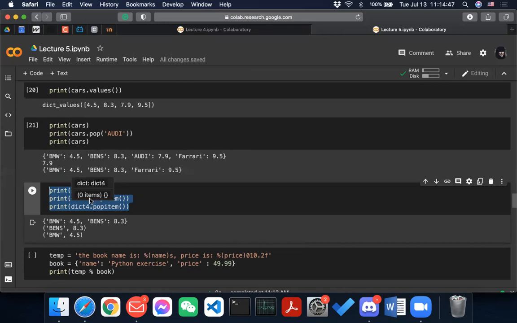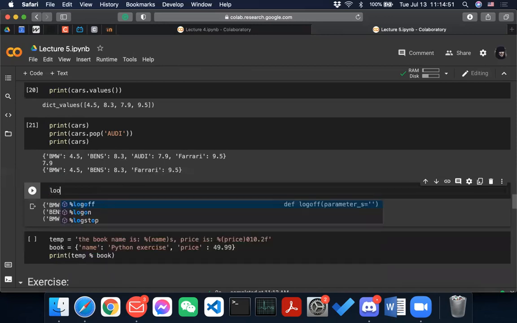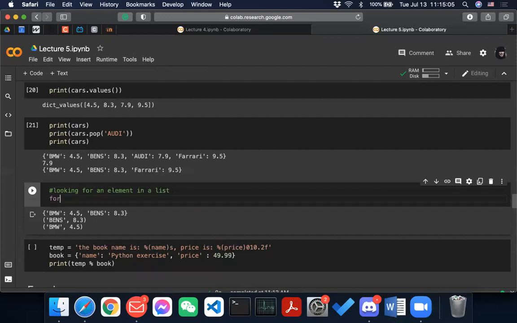If you are looking for an element in a list, what you will do is for i in a list, for example.